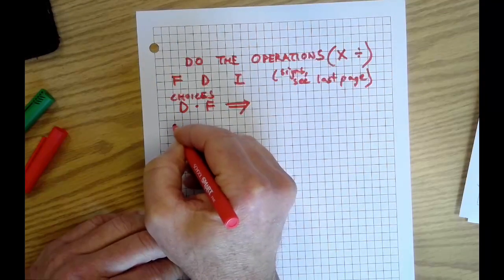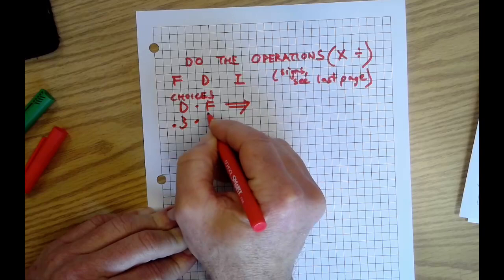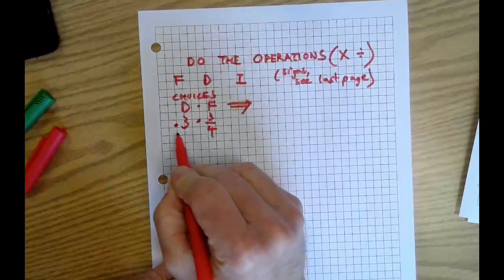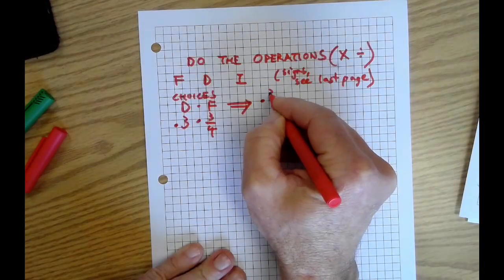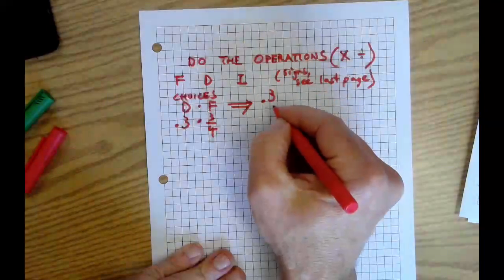If I've got, let's do 0.3 there and 3/4. How do you say this decimal? How do you say that the right way? No, not "point three." Say it the proper way. Right, it's 3/10